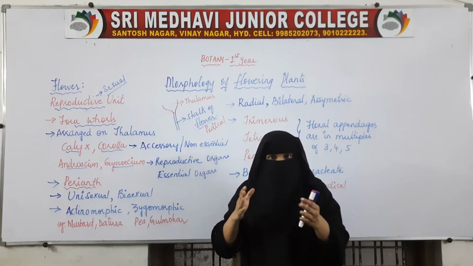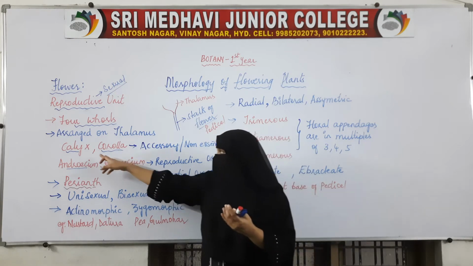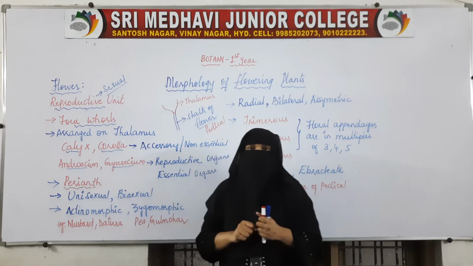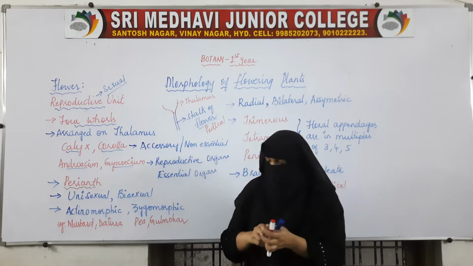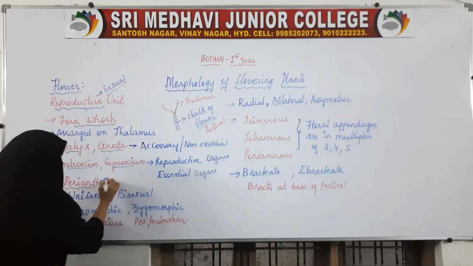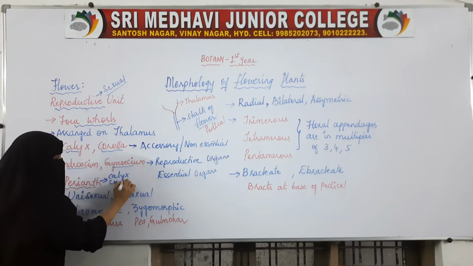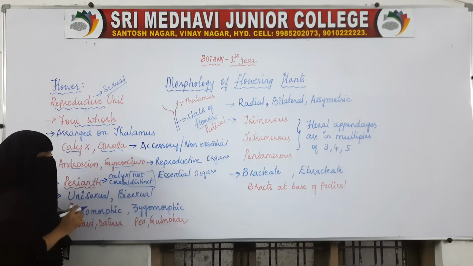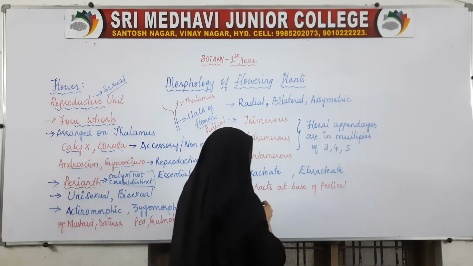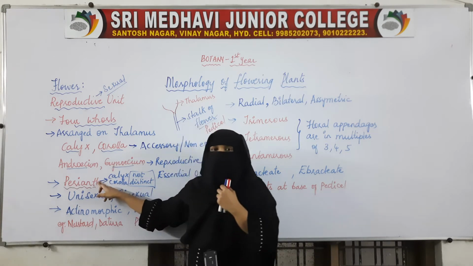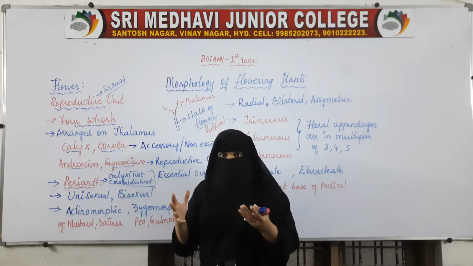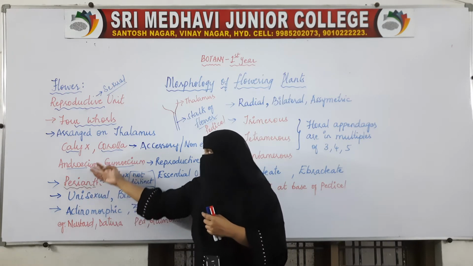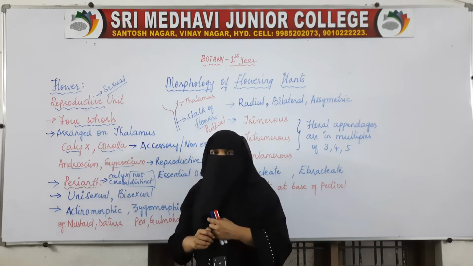When calyx and corolla are separate and distinct, they can be seen clearly, and then they are called by their own names, calyx and corolla. And perianth is the term given to the flower where calyx and corolla are not distinct. So for plants which do not have distinct, separately distinguishable calyx and corolla, instead of calyx and corolla, we give the term perianth.